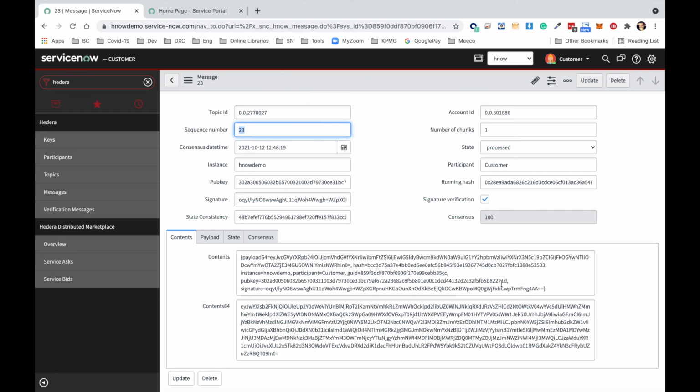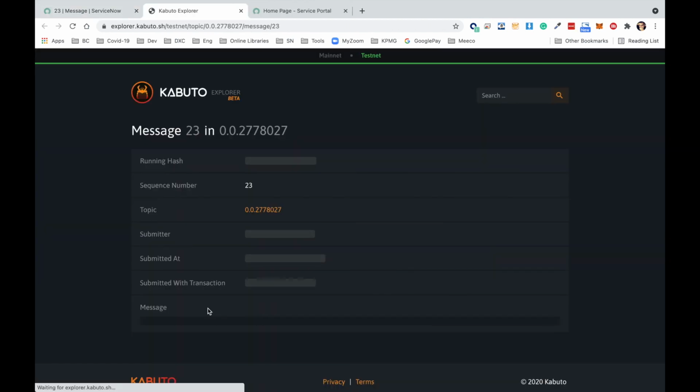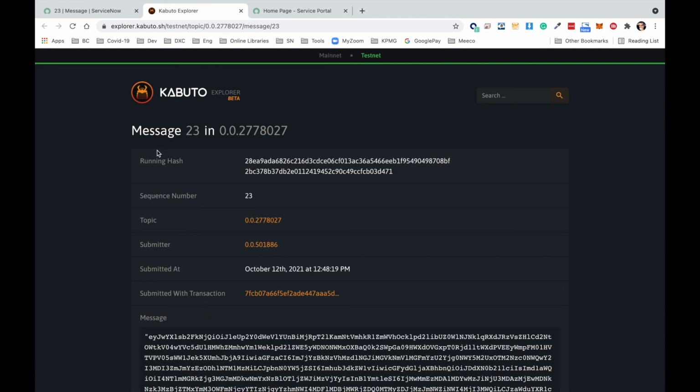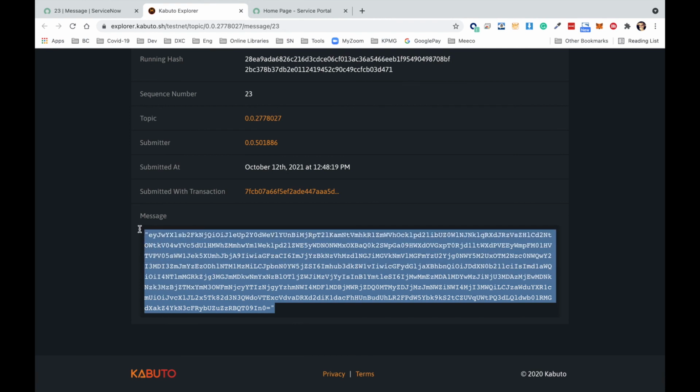So this is the message from a ServiceNow perspective. You can also open the message in the Hedera Explorer. We are using Kabuto here. And in Kabuto, you see similar information and you see the message payload. What is important here is that the message payload in the DLT is encrypted, and so no one actually knows the content of the message and the privacy is respected. A quick comment here for the most technical: this is not actually encryption, this is base64 encoding, but the mechanisms to enable encryption here are very similar.